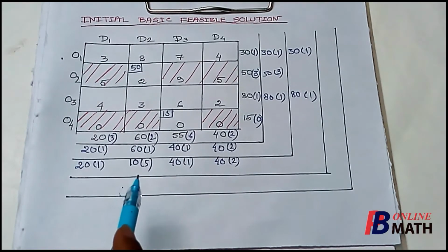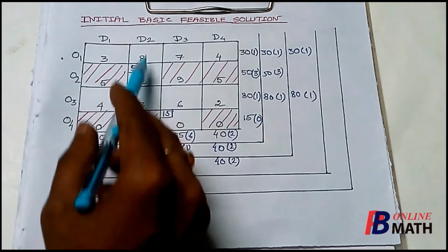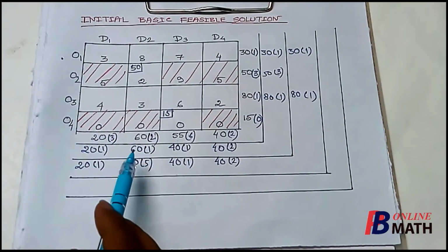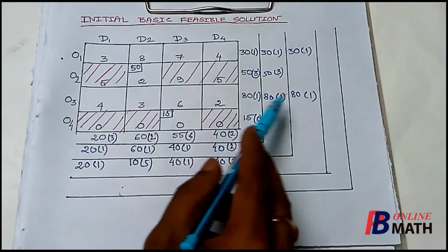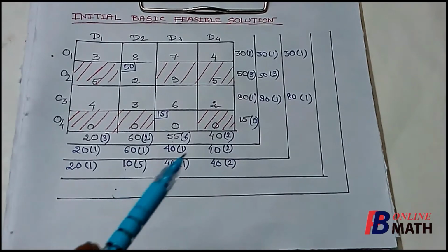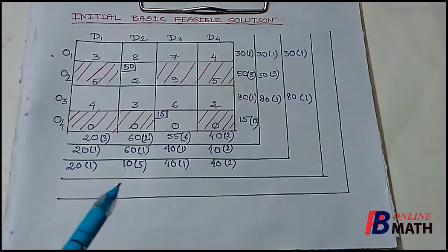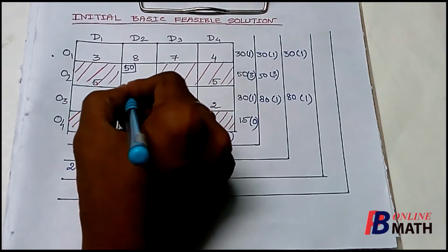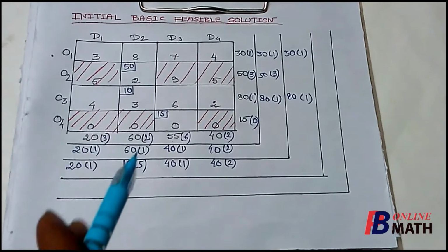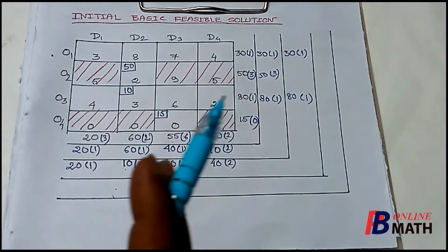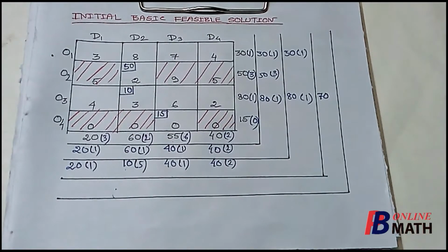So to allocate the next basic variable, we have to find the minimum element from the second column, which is 3. So the next allocation will be made in this cell. For that we have to check the corresponding demand and capacity. The demand is 10 and the capacity is 80. Among these two 10 is minimum, so we can allocate 10 here. If we allocate 10 here, then the revised demand of the destination D2 is 0 and the revised capacity of O3 is now 70. So the demand of the destination D2 is met now, so we can simply cross off the remaining cells of this column.